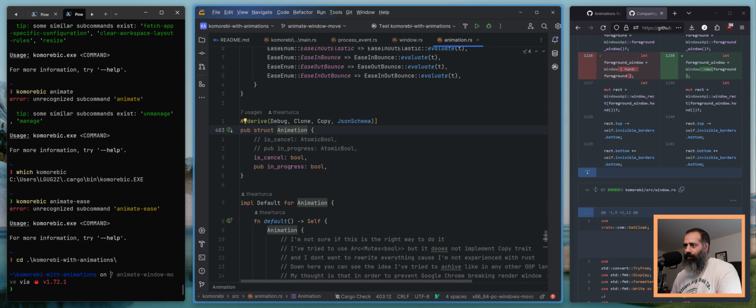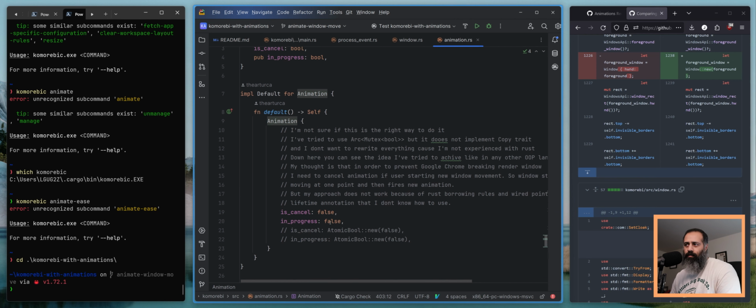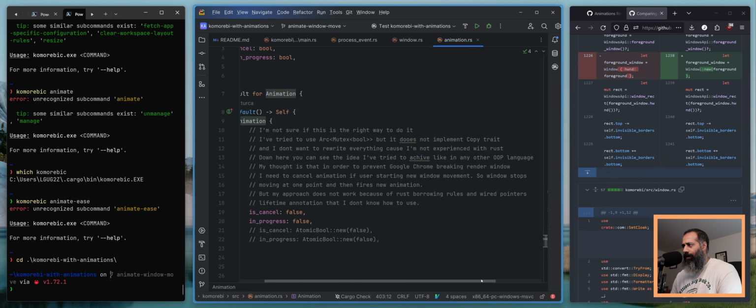Okay, is cancel in progress? I'm not sure if this is the right way to do it. I've tried to use Arc<Mutex<bool>>, but it does not implement Copy, and I don't want to rewrite everything because I'm not experienced with Rust. Down here you can see the idea I've tried to achieve, like in any other